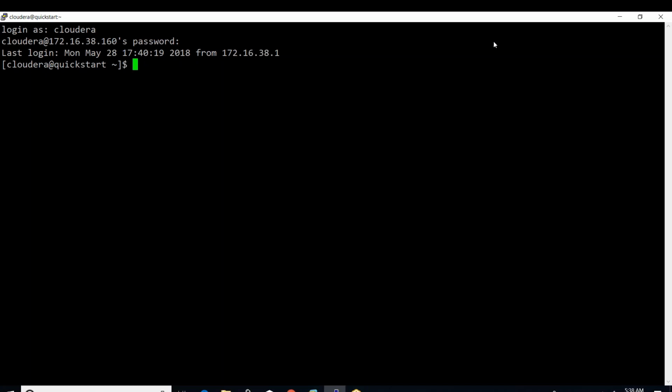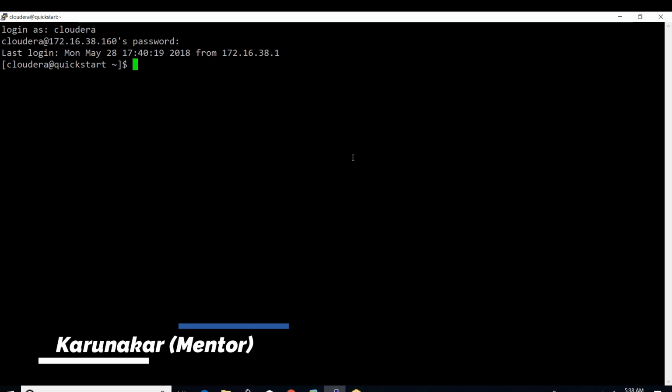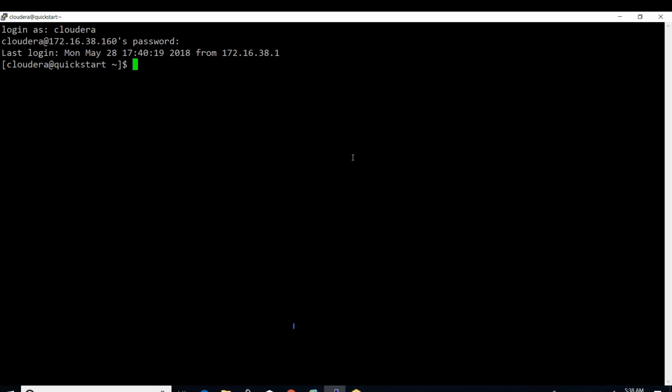In this session, we shall try to understand how to read the data from AWS S3 storage service, how to process it, and how to load the data back to AWS S3. We shall try to see that in this session. Before that, let me start the session with this Spark command.